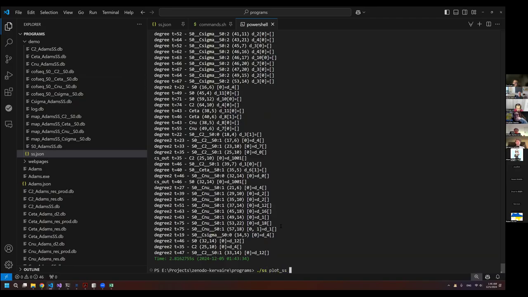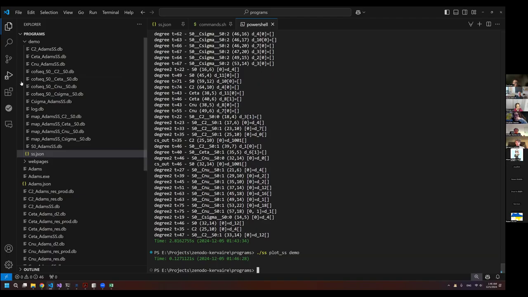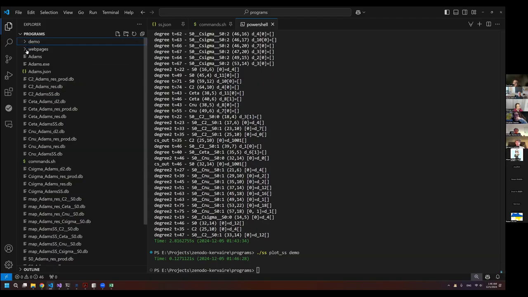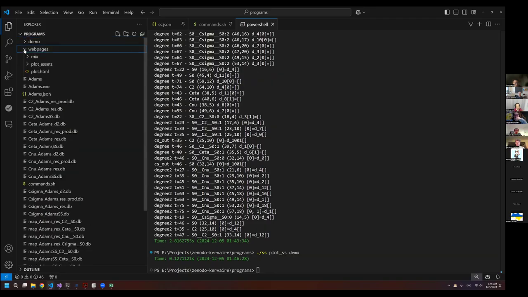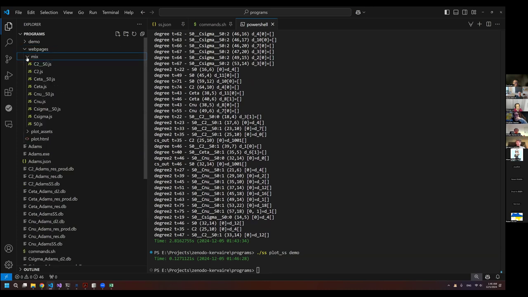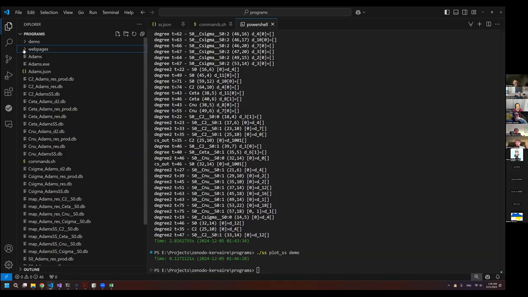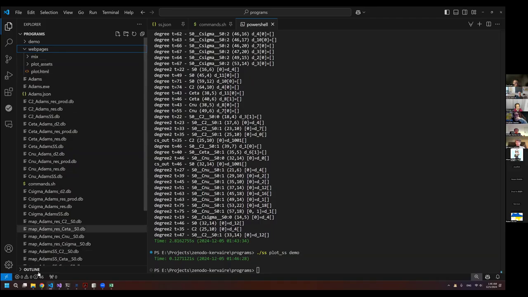There's a plot command called plot spectral sequence, together with the category called demo, and let's plot. Okay, then what's happening is, in the folder I've given you, there's a subfolder called web pages, and these are web pages you can open locally. So after you run these commands, all the plots will be written to the subfolder inside the folder web pages, and you can open your